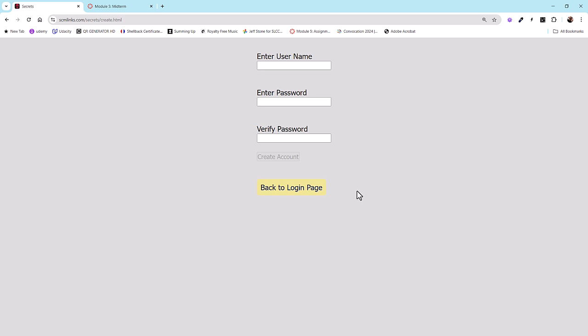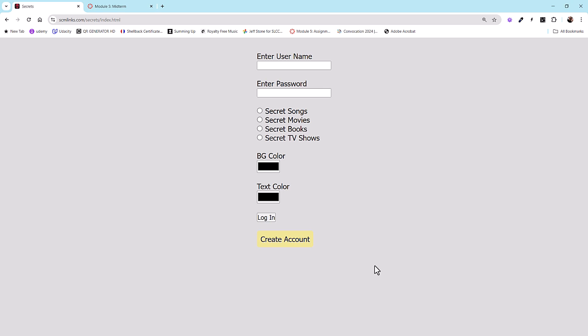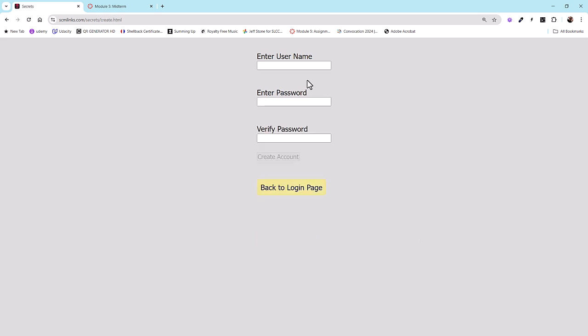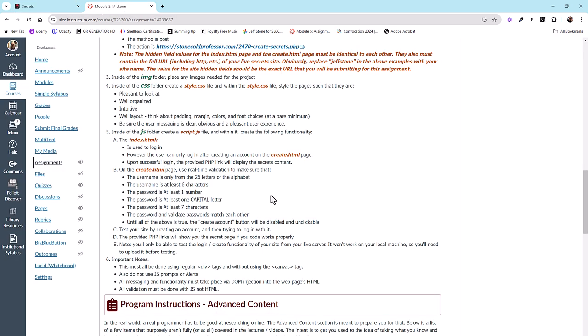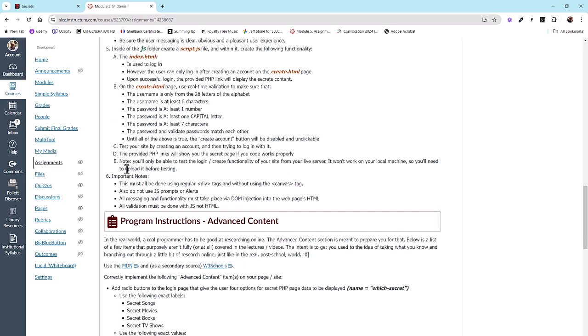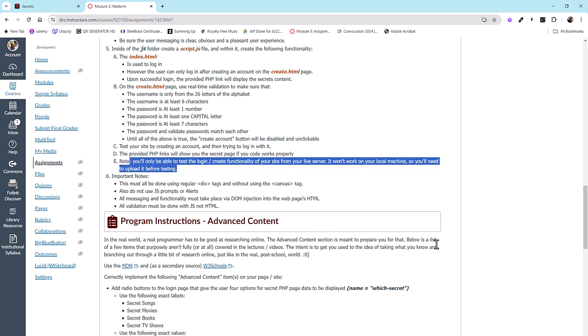So build all of the page, make it look the way you want and everything, and you can even test out your regular expression and make sure your home page looks really good and get all this done. Then publish it live on your live server. Then you can test if this page and if this page work. Otherwise, you won't be able to test it. And I did remind you of that right here down at the bottom when it talks about testing, right there on bullet point letter E.